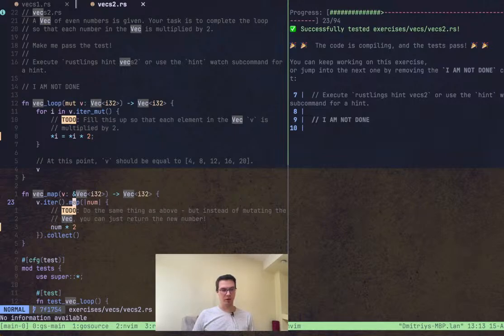Maybe because I updated Neovim yesterday. But anyway, the map, I guess, is the same as in JavaScript. We just create a new array or vector,